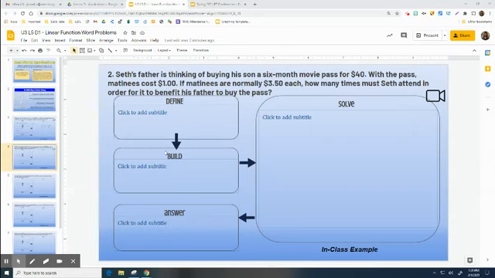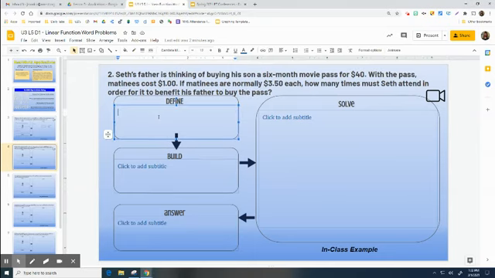Seth's father is thinking of buying his son a 6-month movie pass for $40. With the pass, matinees cost $1. If matinees are normally $3.50 each, how many times must Seth attend in order for it to benefit his father to buy the pass? So the two items that we're talking about in this one, so I need my let,